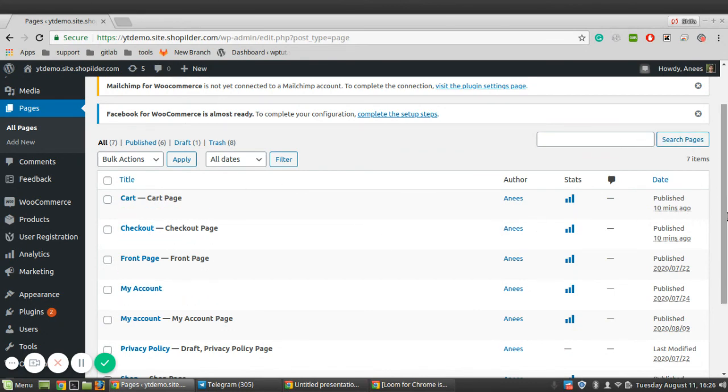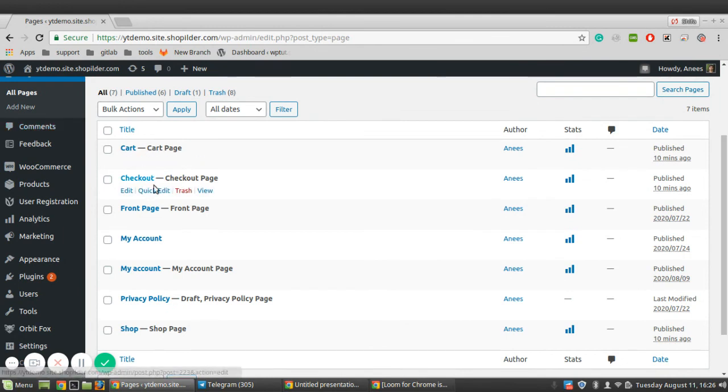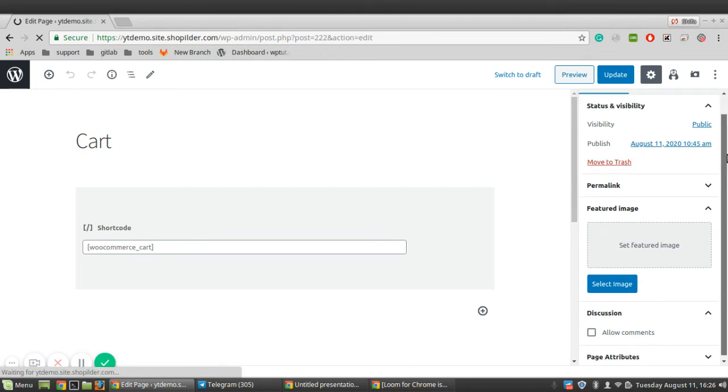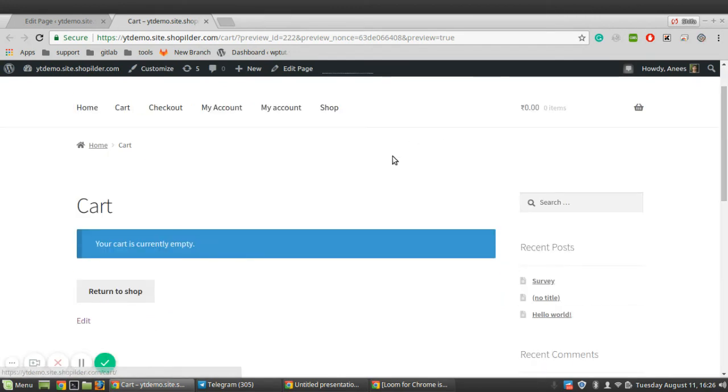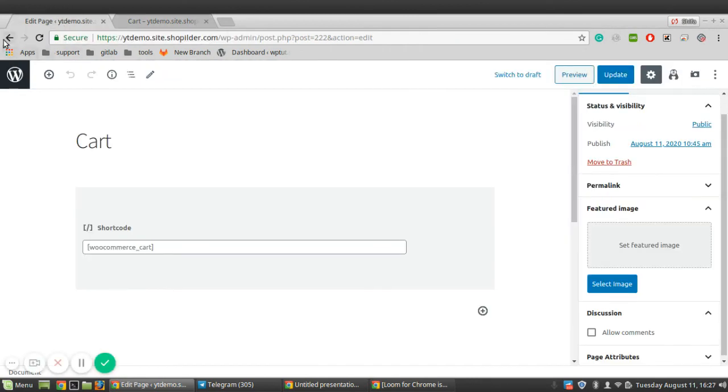You can see here is cart, checkout, the shop, etc. And also when we open one of these pages, we can see that some shortcodes have been added to the pages which is relevant to that specific page function. So while you preview it, you can see this is how it looks like in your website. So going back to the dashboard.